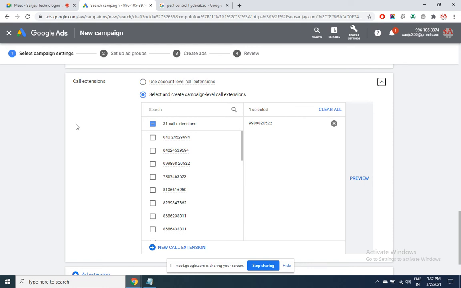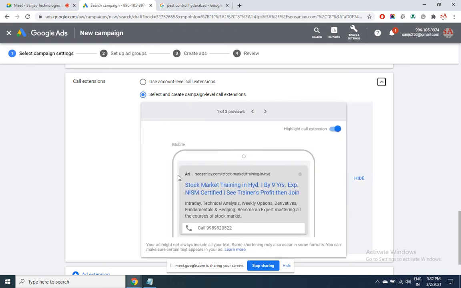For each campaign you can have different contact numbers, and all these are editable. After creating the entire campaign, at any stage you can log in and do the changes. It will get updated in real time. You can have a look at a preview for each extension. So like this it will be shown in the mobile. Look at here, this is a mobile view. When you click here, directly a call would go.